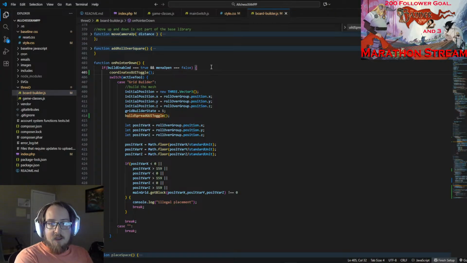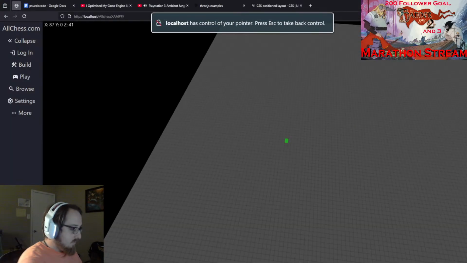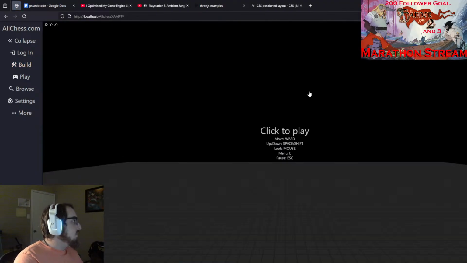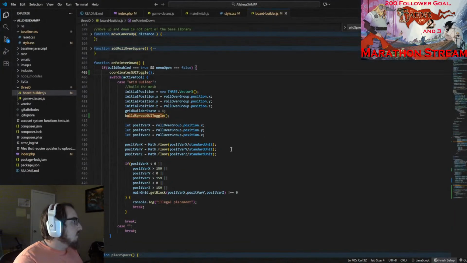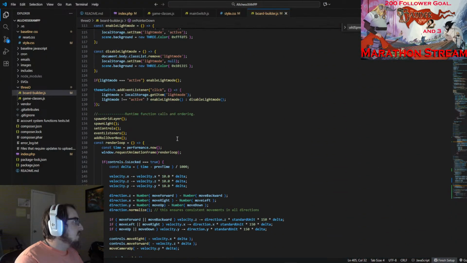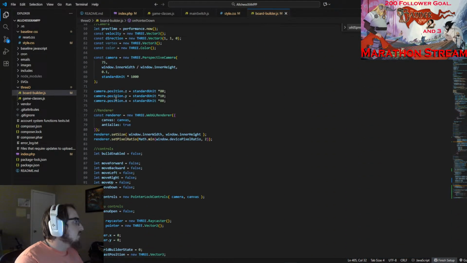So if you're clicking, it checks what tool it is, and yeah, that works great. Control F5, build, click. It's right. I didn't make it not visible at the start of event listeners like I did everything else. All right, so